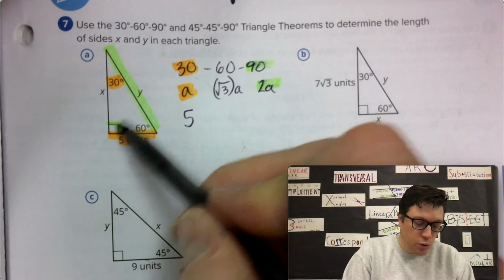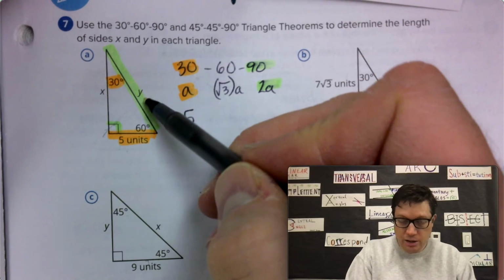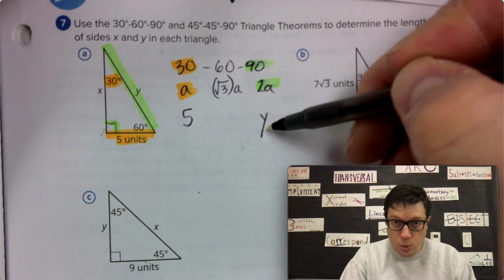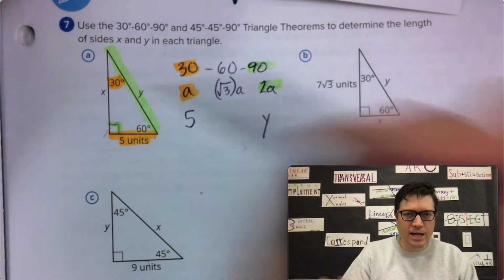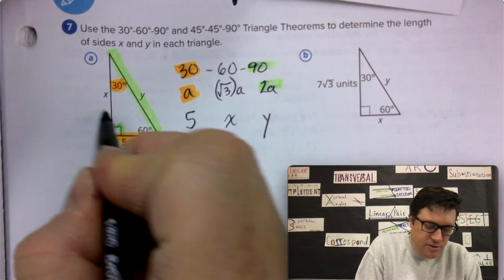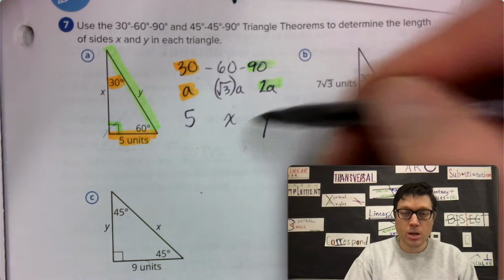Y is green because it's the longest side and it's across from the 90-degree angle. So I'm going to put Y in the same sorting place as 90. And then it leaves us with X. X doesn't have a highlight because I don't have a third highlighter right now, but I know that X is across from the 60 degrees, so X just goes in that stack. That's the setup,